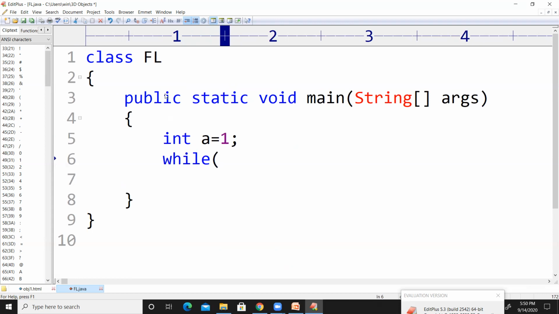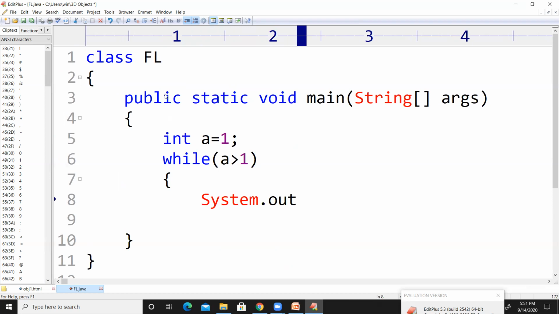While a greater than 1, now I want to print System.out.println. I want to print ECE on the output screen when the value of a is greater than 1.